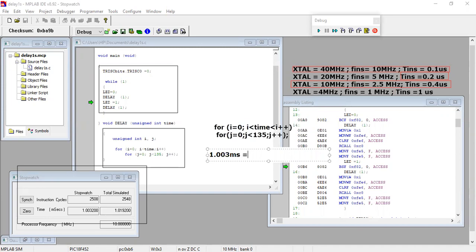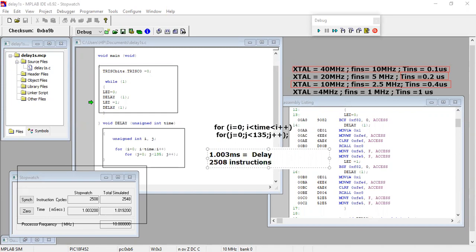For the total time of the delay function, the instructions executed were 2508, right?